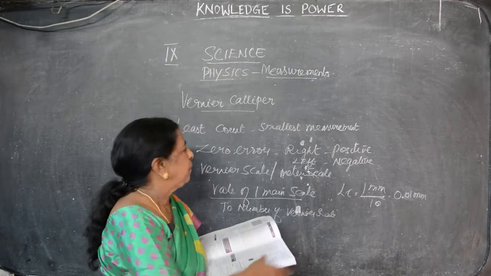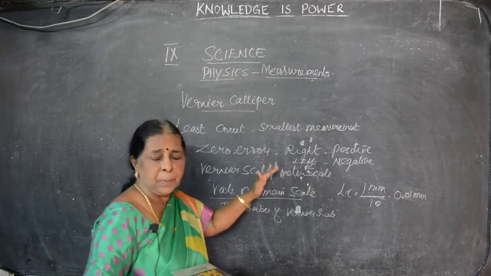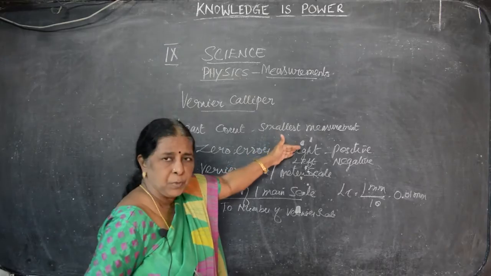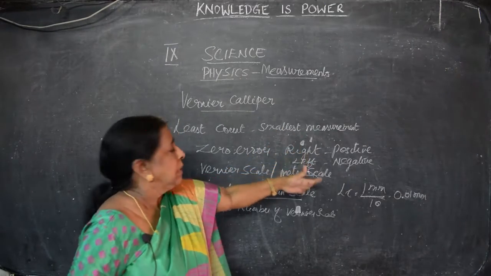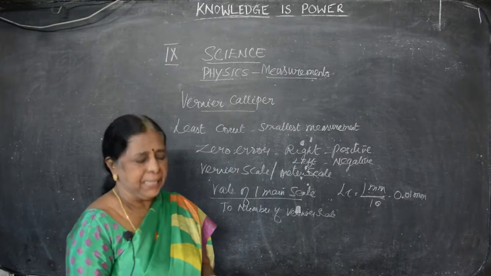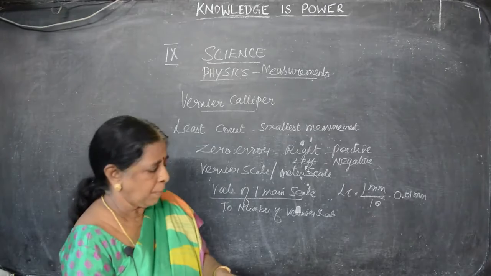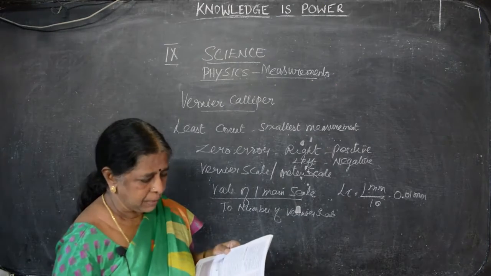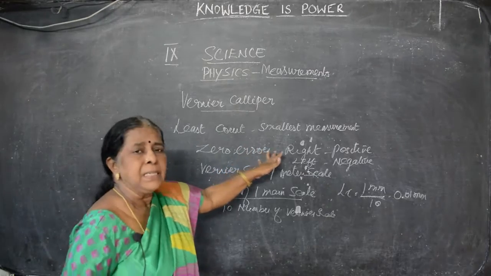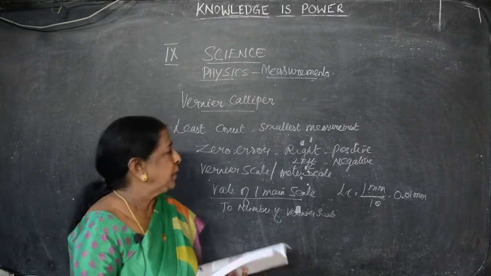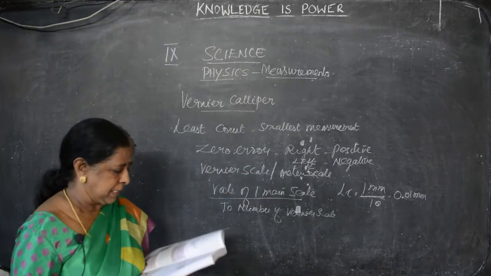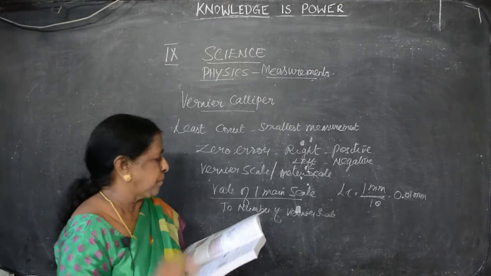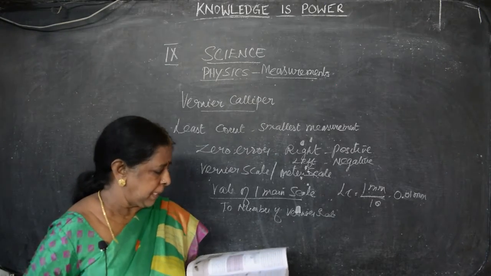Clear? So if both coincide in one place, there is no error. If not, that is, if the vernier scale moves from the right side, that is positive error. If the vernier scale moves from the left side, that is negative error. So nowadays, to avoid this, a digital vernier scale is there. So you don't need to bother about either positive error or negative error. Directly, as soon as you place the object, we can find out the measurement of the object. Okay, but you can play like this also.